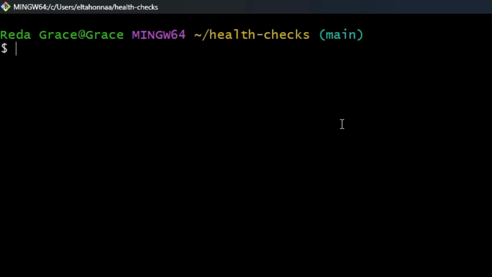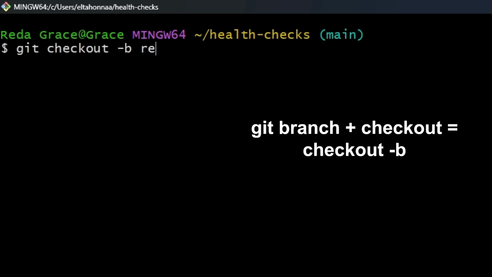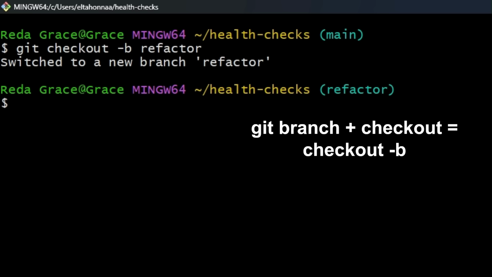Another advantage of working in separate branches is that you could even release two or more versions out of the same tree, one being the stable version and the other being the beta version. That way, any disruptive changes can be tested on a few users or computers before they're fully released. So let's start a new branch to work on a small refactor of our code. You could create the branch first, and then check it out. Or we could just create it and check it out with git checkout -b and the new branch name. We're ready to start working on our refactor.